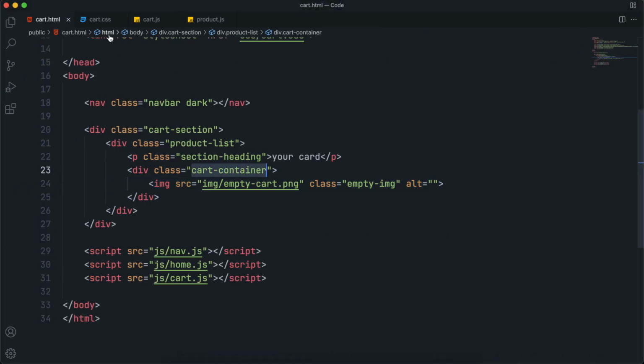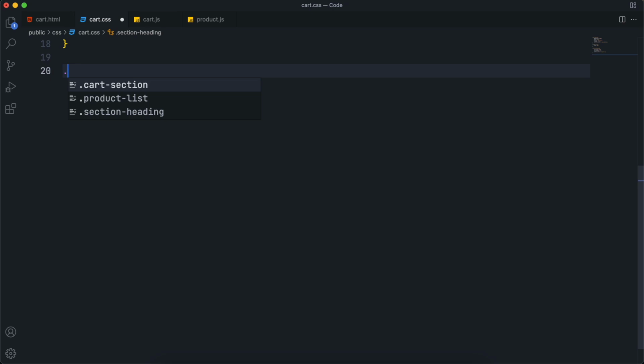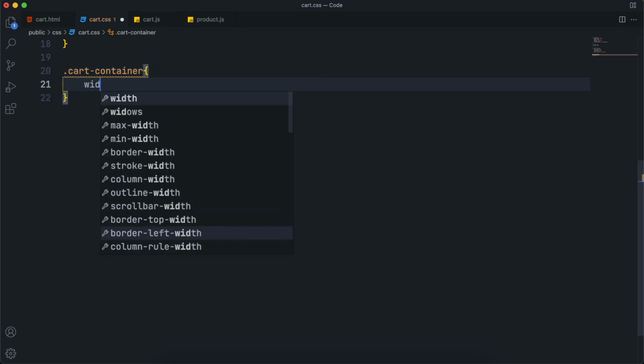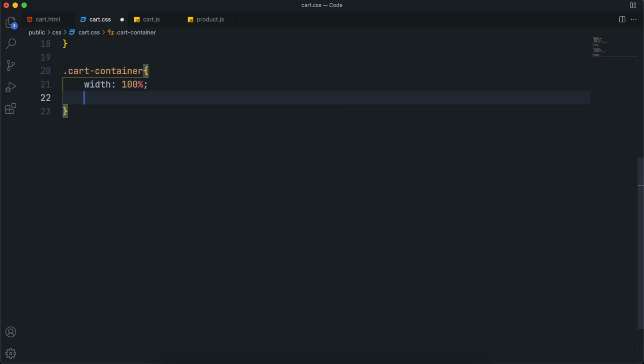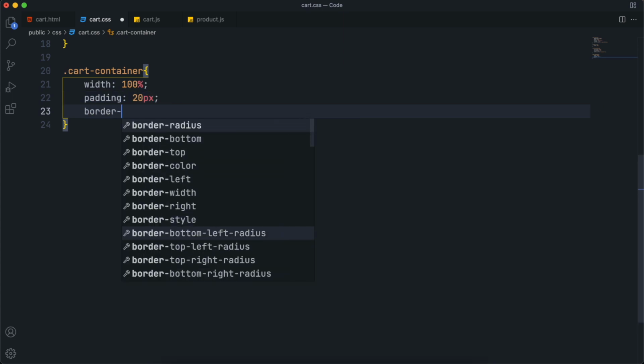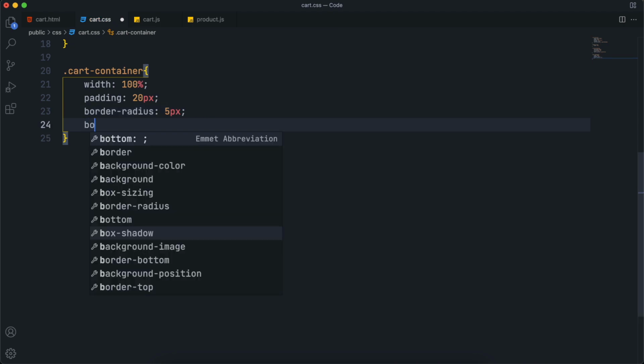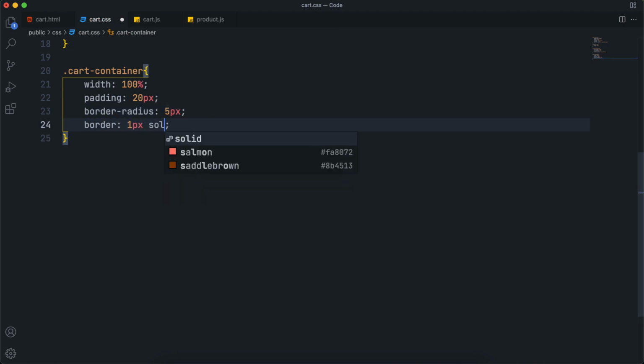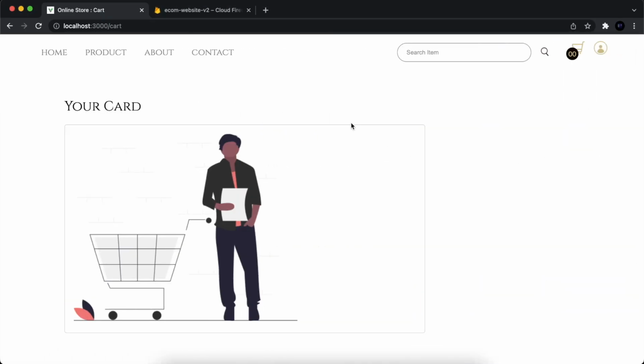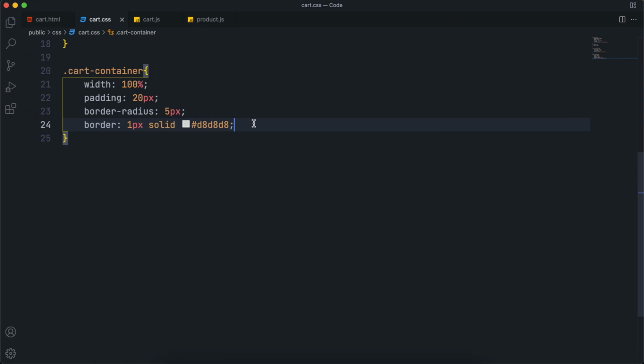So let's style this cart container and add a border to it. So select it here, set its width to 100% and give it a padding of 20 pixels from all four sides. Give it a border radius of, let's say 5 pixels, and set its border to 1 pixel solid and this darkish black color. So if I check the page now, you can see a beautiful border with round edges.